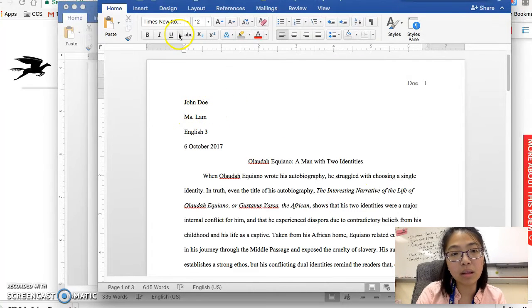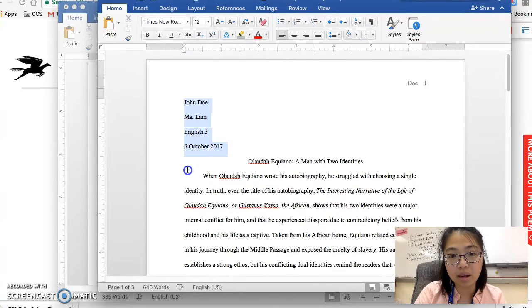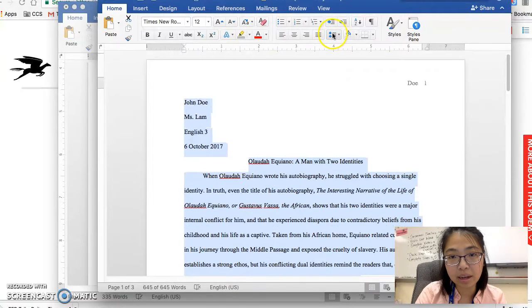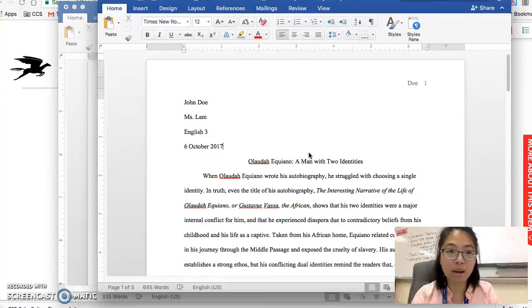And then if you take a look at this, you'll notice that all of the font is in Times New Roman and 12-point font. You've indented your paragraphs by clicking the tab button. All right, everything is automatic and in double space. And you can double space by clicking usually the button that has a lot of lines, and if you hover over it, it says line and paragraph spacing, and you put it at 2.0. And that's it. That is the video on how to write your signal phrases, how to write your body paragraphs, how to set up your essay. Don't forget that you also need a title.